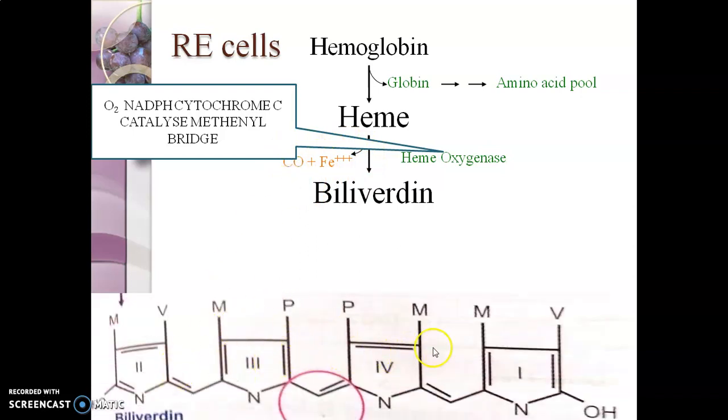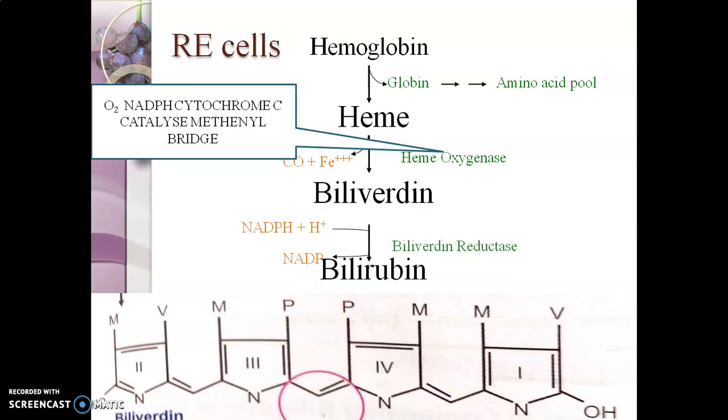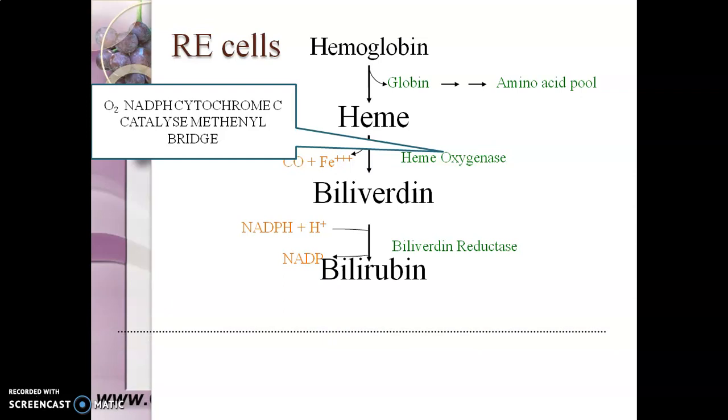So this is the 4 pyrrole ring, and the porphyrin is now a linear chain of pyrrole rings as the methynyl bridge is cleaved between the first and the second position. Now this is biliverdin. The methynyl bridge between the third and fourth position is cleaved by the enzyme biliverdin reductase to a methylene bridge, and this also requires an NADPH dependent reaction. Finally we get bilirubin, which is a yellow color pigment. This bilirubin is released into the plasma, complexes with albumin and finally reaches the liver.